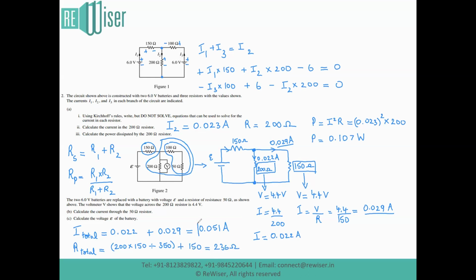Since we have the value of total current and we have the value of total resistance, and more importantly, we just have a single active component, an active energy supplying voltage source, epsilon, in the circuit, we can find out epsilon finally as